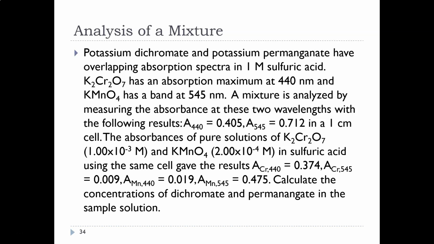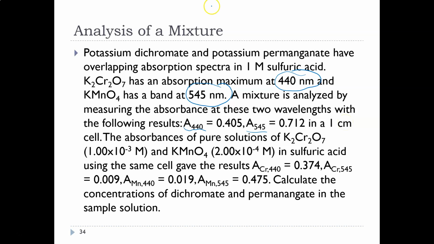So this one, we've got a mixture of potassium dichromate and potassium permanganate. And they have overlapping absorption spectra, and they're in a 1 molarity sulfuric acid solution to keep them stable. So potassium dichromate has a lambda max absorption maximum of 440 nanometers, and potassium permanganate has a lambda max of 545 nanometers. So I'm telling you, we're going to test it at 440 nanometers and at 545 nanometers. We tested it, and this is what we got. The absorbance at 440 nanometers was 0.405, and at 545 nanometers was 0.712, and we have a 1 centimeter cell,